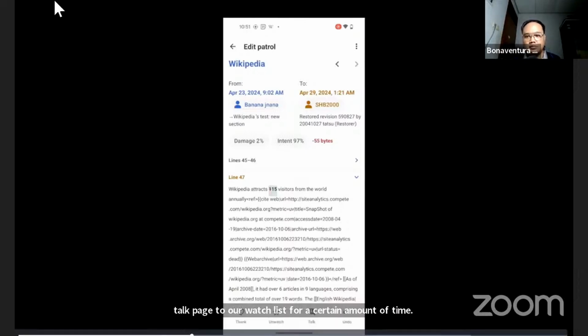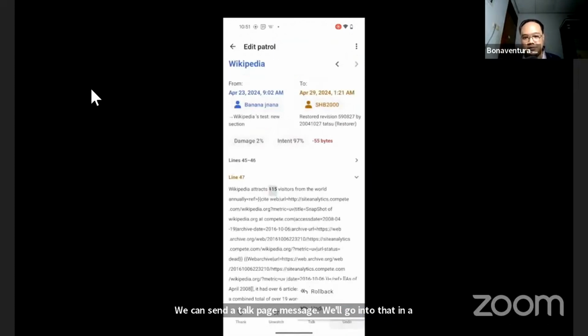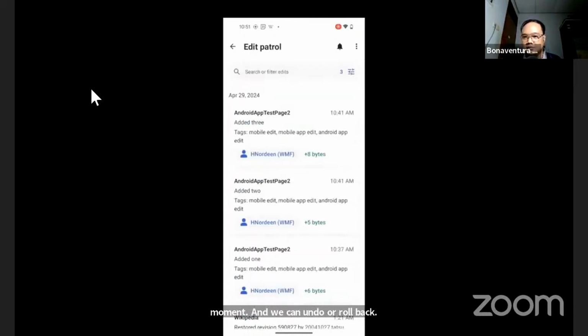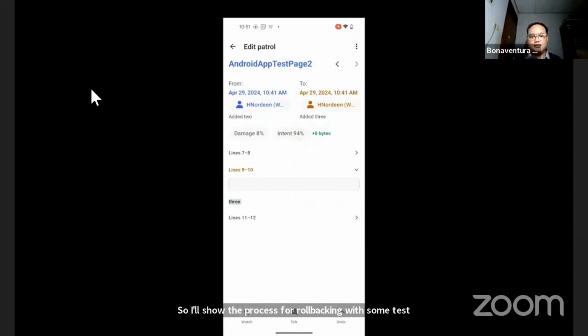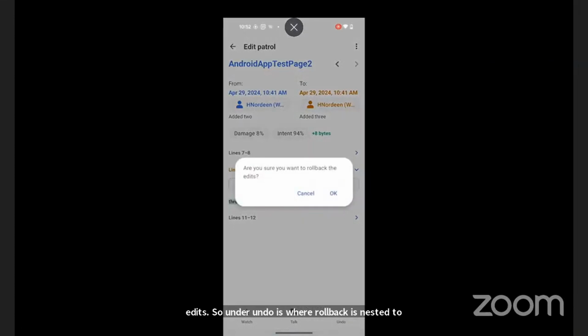We can send a talk page message. We'll go into that in a moment. And we can undo or roll back. So I'll show the process for rollbacking with some test edits. Under undo is where rollback is nested to prevent accidental rollbacks, and then we have another confirmation.